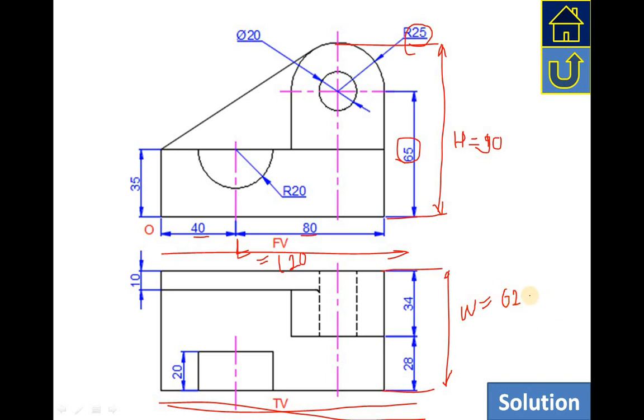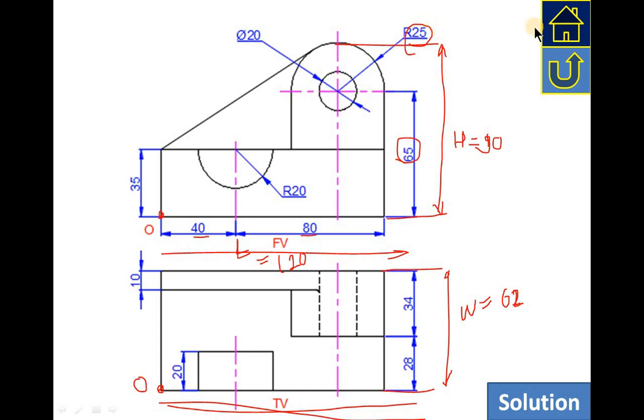So the first step is, as usual, you will observe the origin. This is the origin here. So in the top view the origin will be here. This is the origin in the top view. The front view origin is here, so the top view origin will be here, right? After observing the origin, you will decide the maximum box dimensions, that is length, height and width. So accordingly you will start drawing the isometric box with the length, height and width.